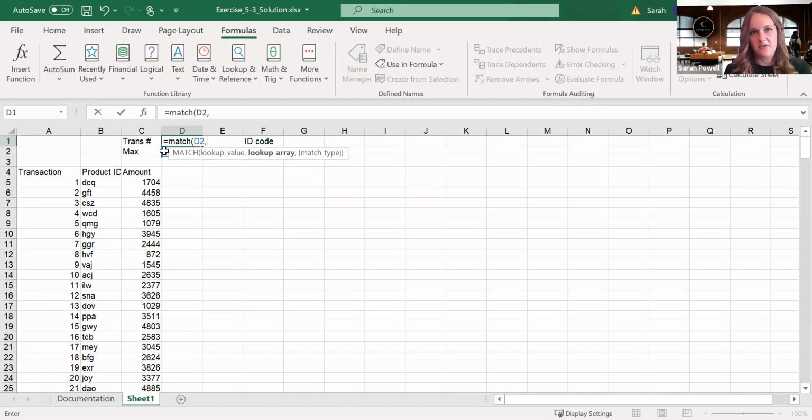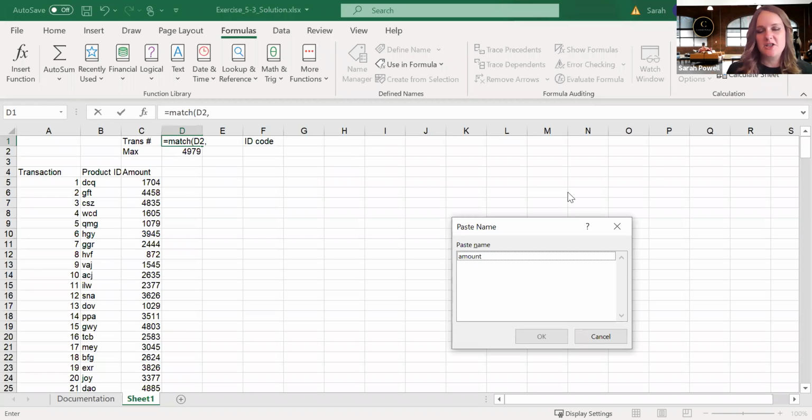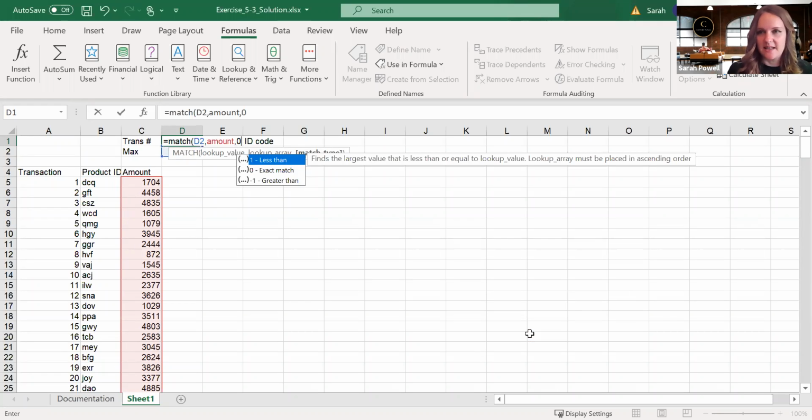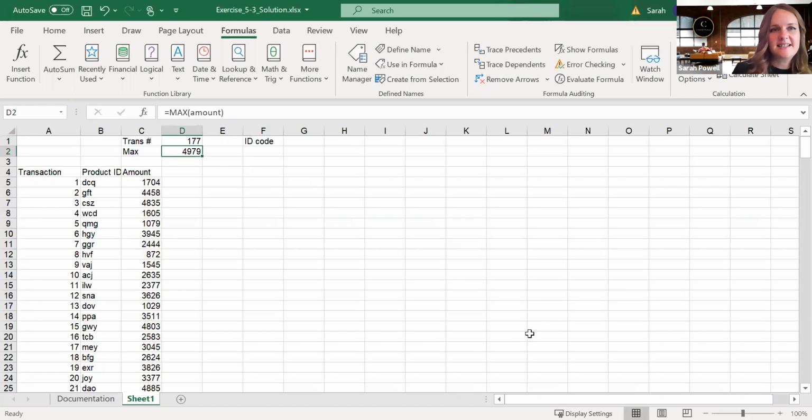So where we want Excel to look up is in the amount column. And if you click F3, it will bring up all your named ranges. The only one we have is amount. So I'll select that. And the match type that we're looking for is an exact match. So I select 0. Close the bracket. And that tells us that transaction number 177 contains this value,